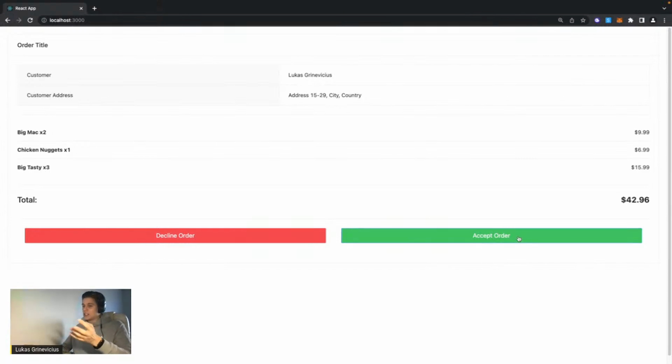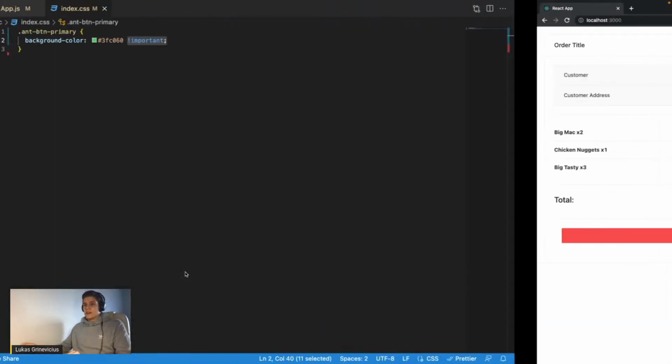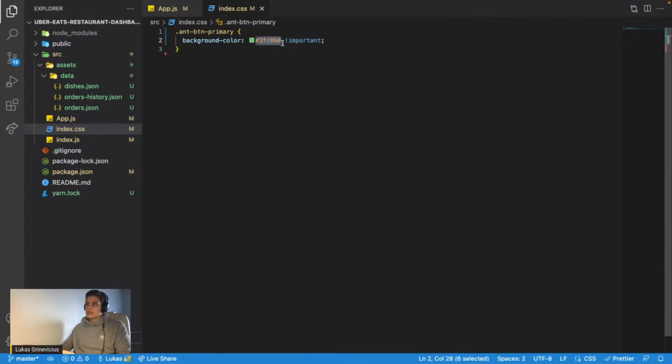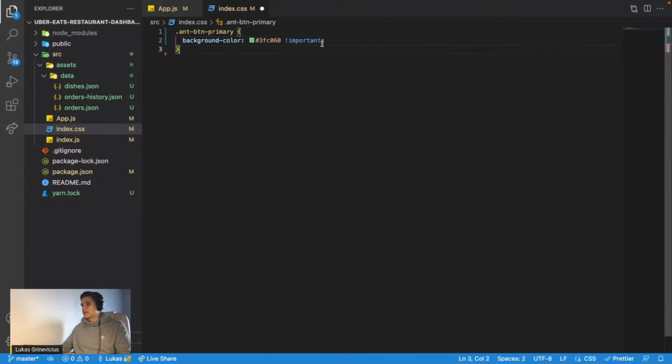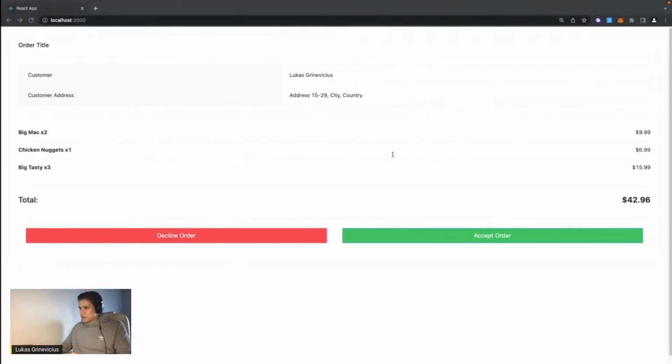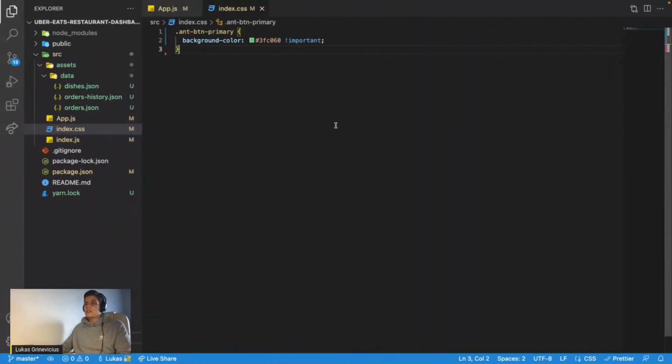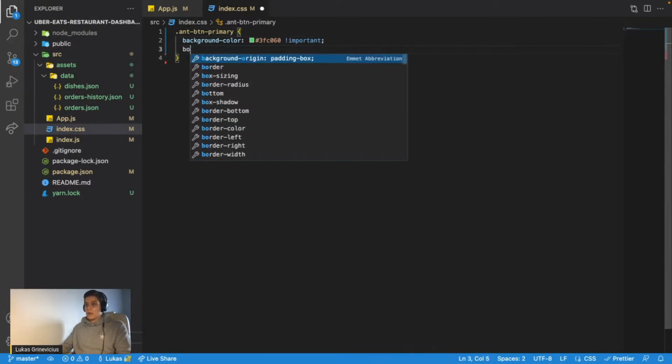And voila, it changed the colors. Now, if we ever use a button with type primary from Ant Design components, it will always be green. So if I would change here to another color, it would be different. I don't know what that color is, but it's almost the same. Nothing changed. But we can see that the border is blue. So we need to change also border